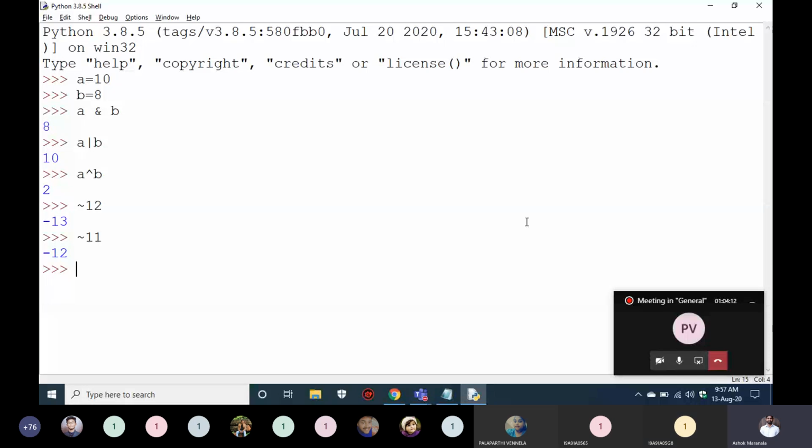If you clear the screening, then you'll have a coding round. You will be given 2 coding questions and 2 hours to solve them. If you solve these also, you will have another round. If you pass the second round, you will get a job, and they offer you a third round to get a higher package. If you complete the first and second rounds, you will get a package of 3.5 lakh. If you want more, they have a third round, and if you have interest, you can go.